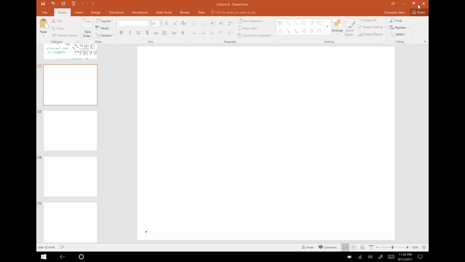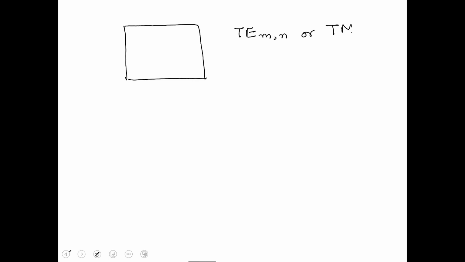So far what we have seen is that if I have a rectangular waveguide, then there are modes which are excited in it, and these modes could be either TE MN or TM MN modes. These are the eigen solutions